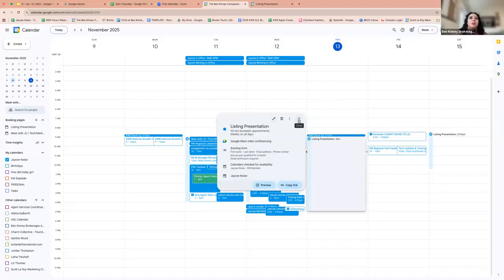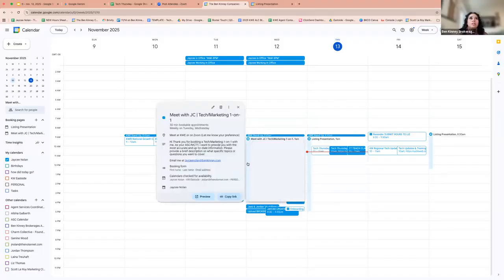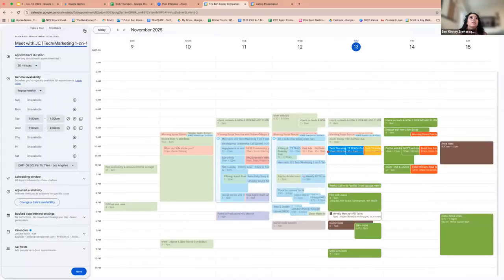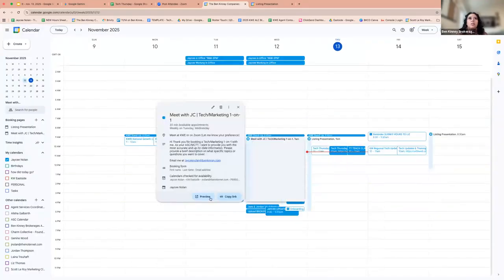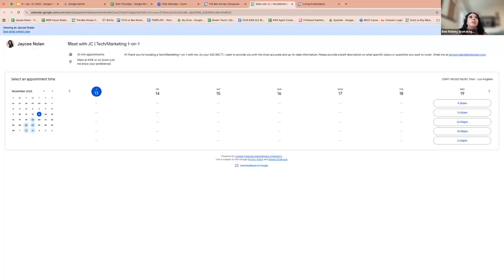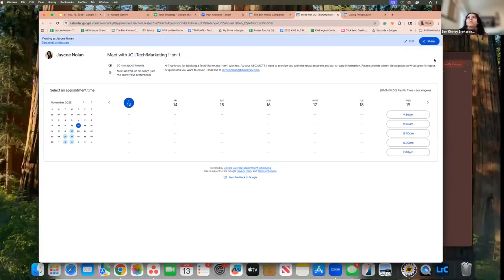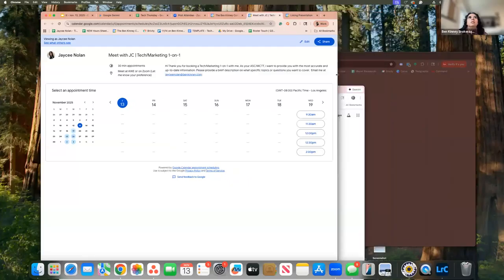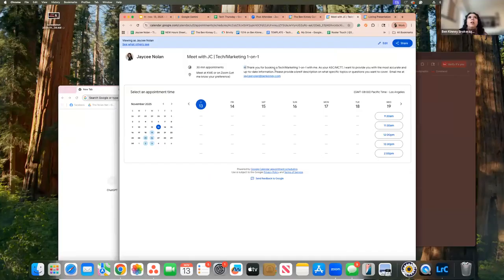Now, I want to show you what it looks like with a description. Oops. Oh, that was editing it. I'm so sorry. Preview on my booking link. This is a little big because of the layout of my screen. Okay, I hope this is still legible, that it is small, but hi, thank you for booking a tech marketing